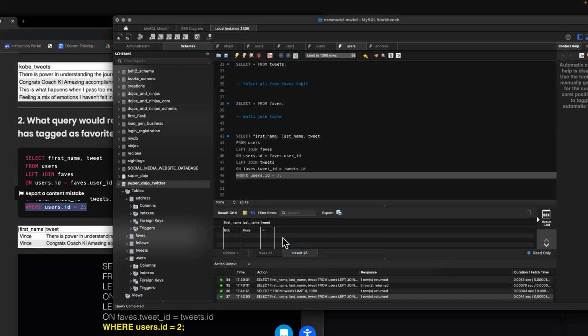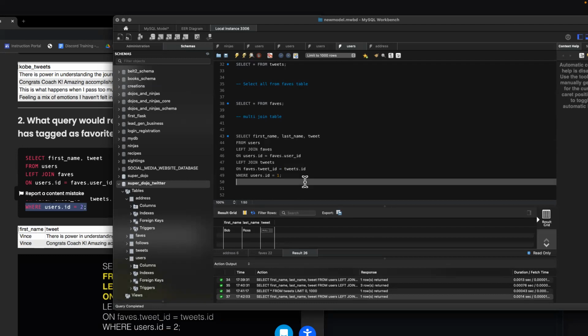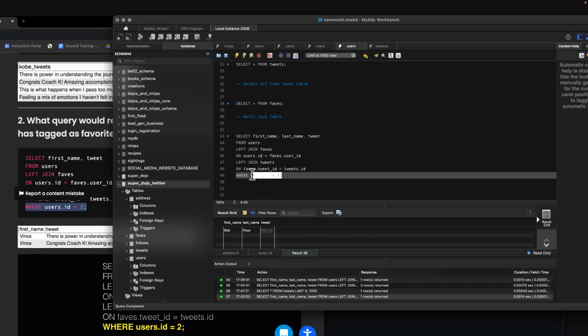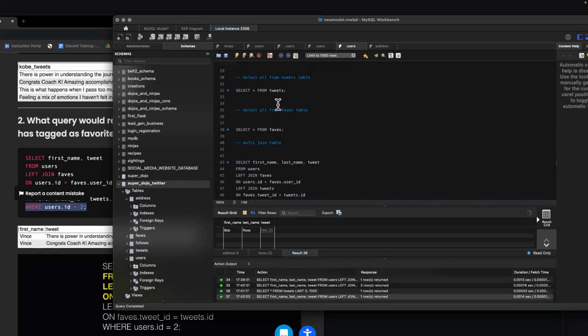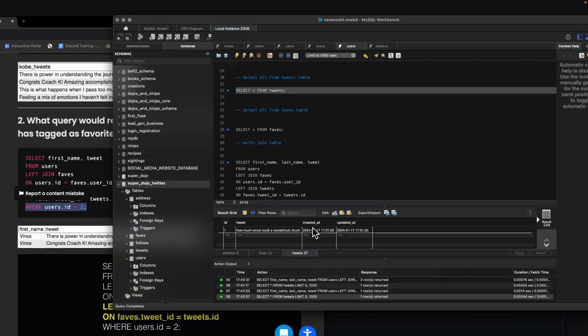Tyler, so I'm asking the class, what do we need to fill in to get a tweet here on our multi-join line? So we have first name, we have last name, and we have a null tweet for Bob Ross, our user ID with 1. So Bob Ross, does he have any tweets? Right, so he doesn't. The only tweet we have here